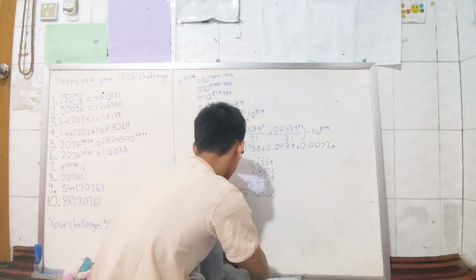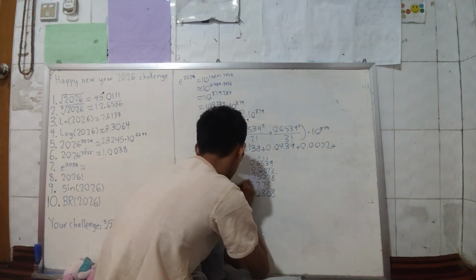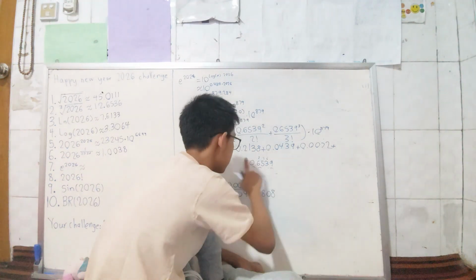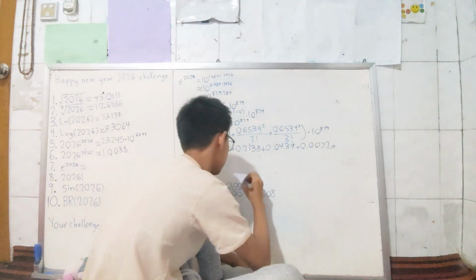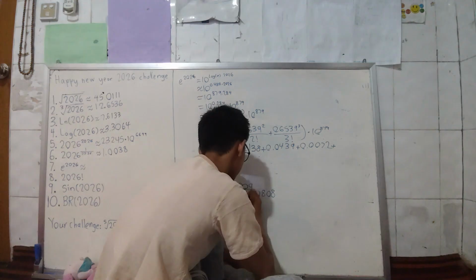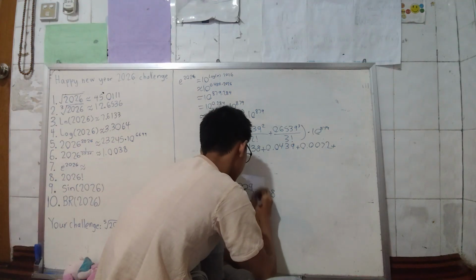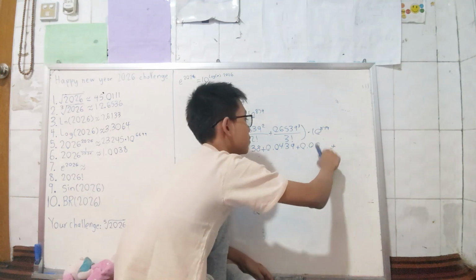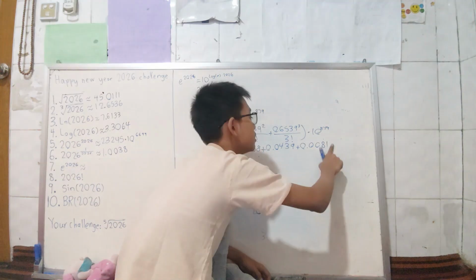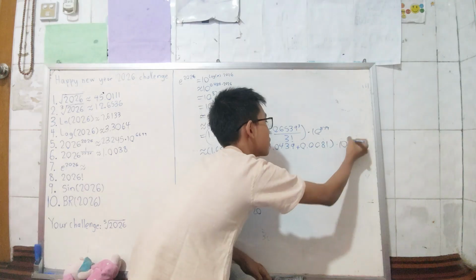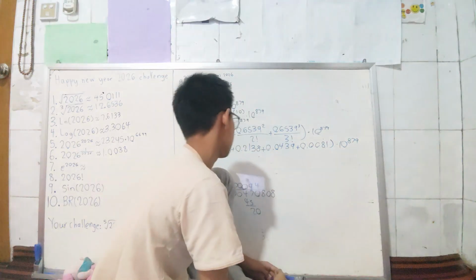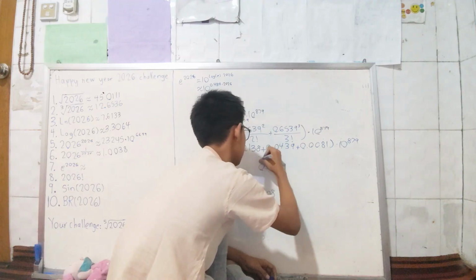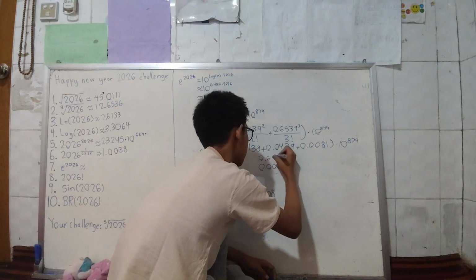0047, and then we're gonna divide it by 5. So that's gonna be 5 times 9 is 45. 5 times 4. That's gonna be 0.0009. That's gonna be 0.081. We're not done yet, okay? It's gonna be 0.0009, 0.69,